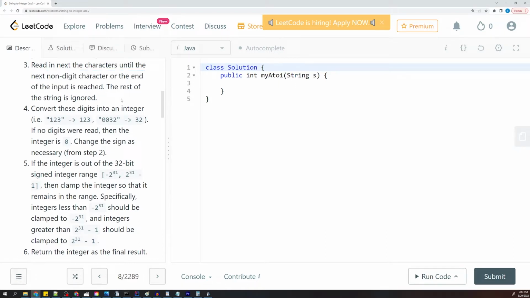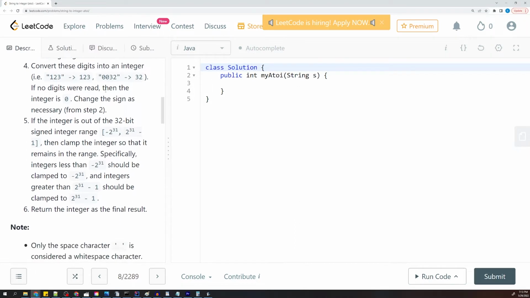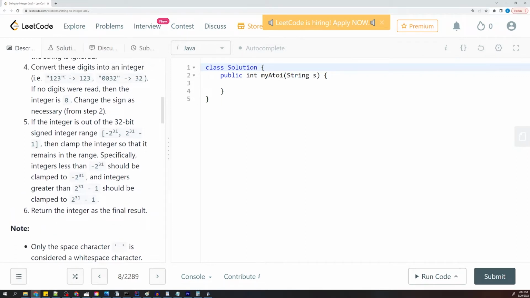input is reached. So we need to keep on checking if whatever index we're using is less than s.length, and we need to make sure that the char at index is actually a number. Okay, and then we're going to convert this string that we have now created into our number. If no digits were read, then the integer is 0, and then we're going to change the sign as